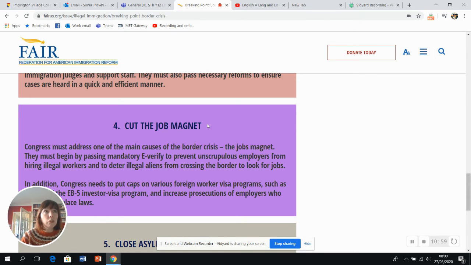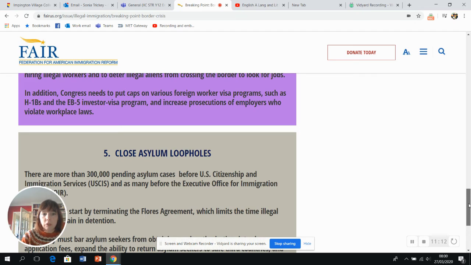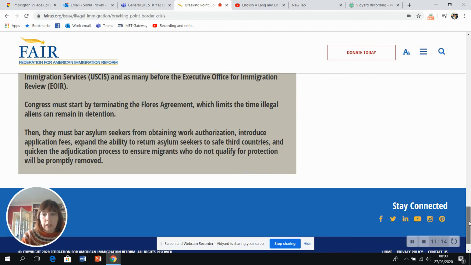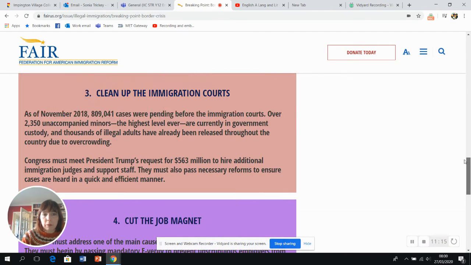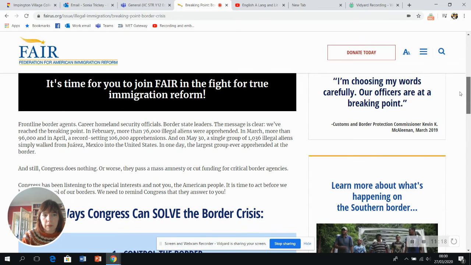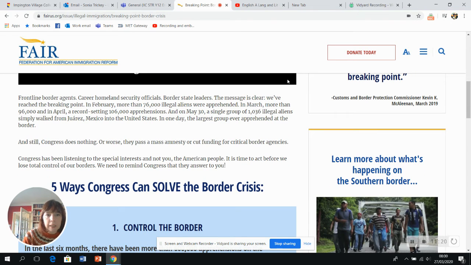So again, it presumes an audience, and by doing that, it creates this sense for the reader that you're joining an already established body of people. Close asylum loopholes, and that's the fifth one. So if we have a look just at the beginning here,